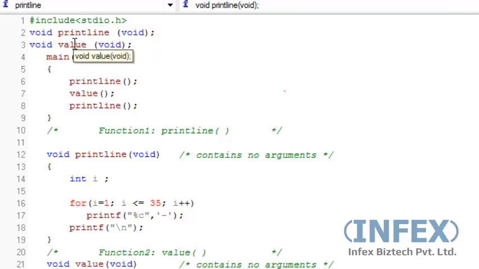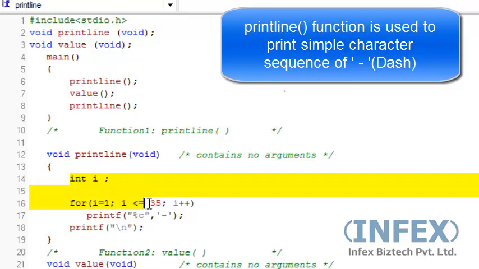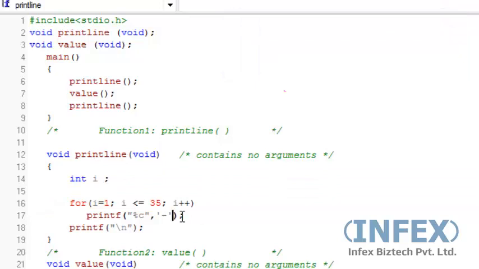Now let's see the printline function first. In the printline function we have simply iterated a for loop 35 times to print a simple character, which is a dash. It is just for formatting purposes. So when we call this function, it will print a dash 35 times, and at the end the function will print a new line character.